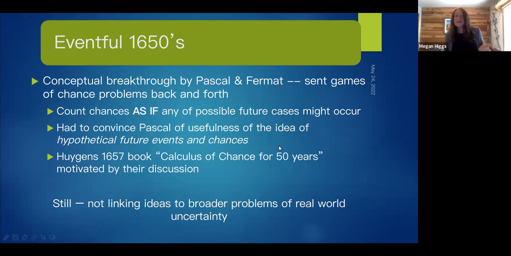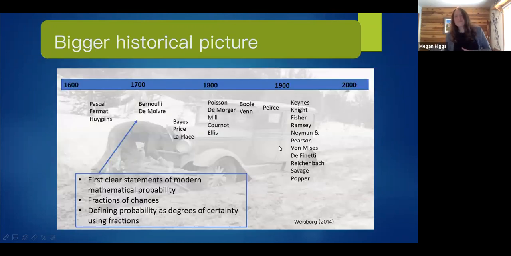So Huygens wrote a book trying to capture some of these ideas in 1657, motivated by their discussion. So that's kind of the first book that's out there. But still at this point, there was no linking these ideas to broader problems in real world uncertainty. This was all about just games of chance and mathematical fun more than anything. So here's a bigger historical picture, and most of these names and notes come from Weisberg's